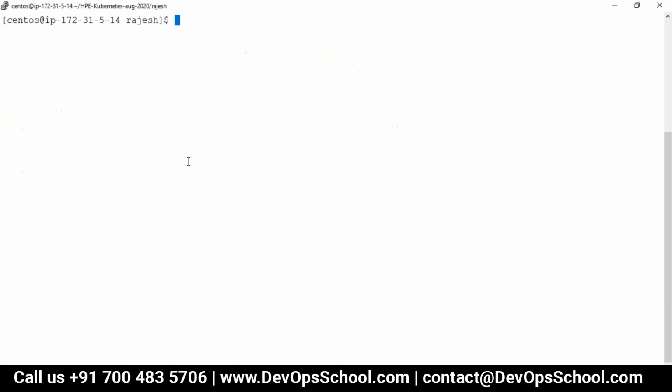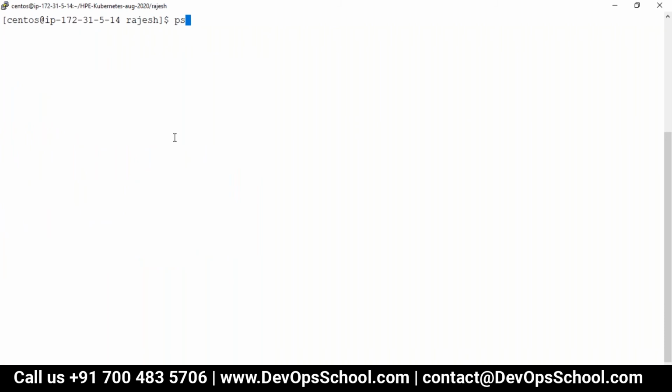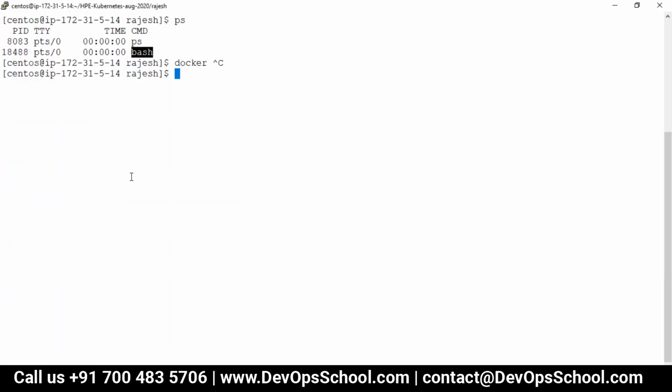Kubectl attach will make you become the container. That means what you are right now: I am a shell right now, I'm a bash. You see here, this is what I am right now. But if you attach to the container, what will you become? Let's check it out.